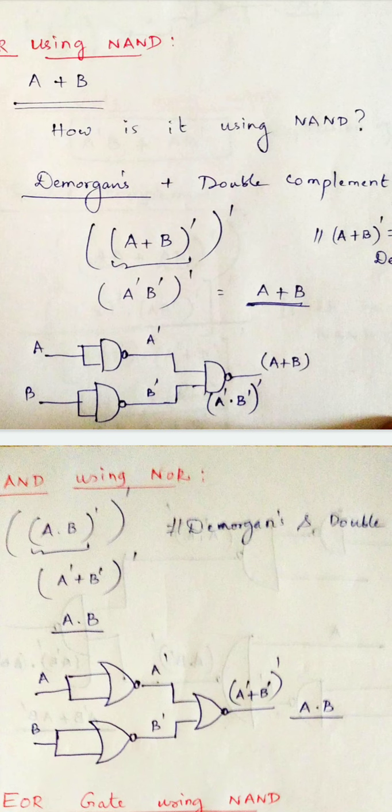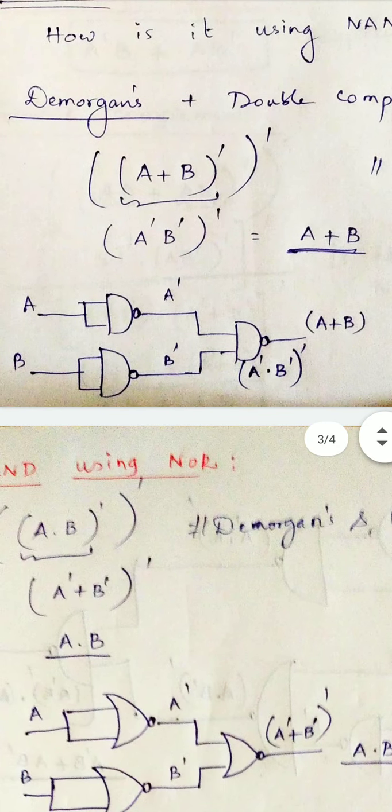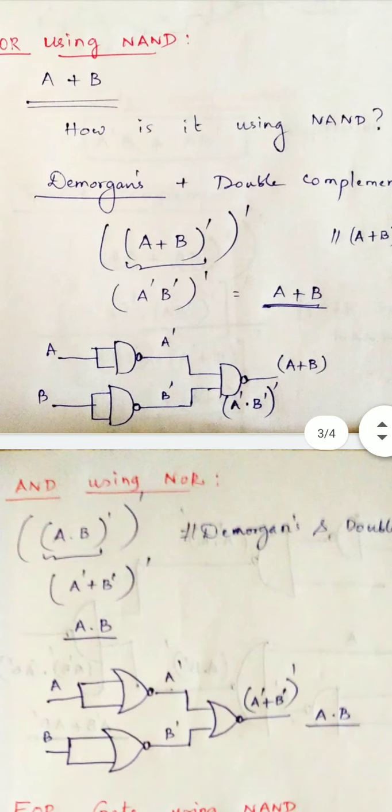Now see what form this is. This is in NAND form, A into B the whole dash. Now I got the product form. Now see the circuit diagram. A dash I need. How will you get A dash? Just now we learnt. Yes? And B dash. So these two things should be given to one more NAND gate. Now we will get the value of OR gate. Yes, that's all. We learned the basic.